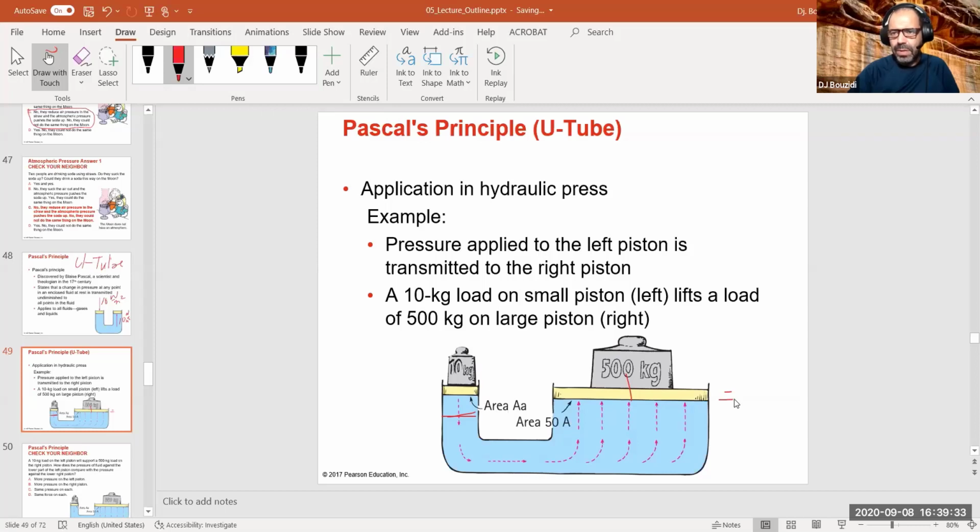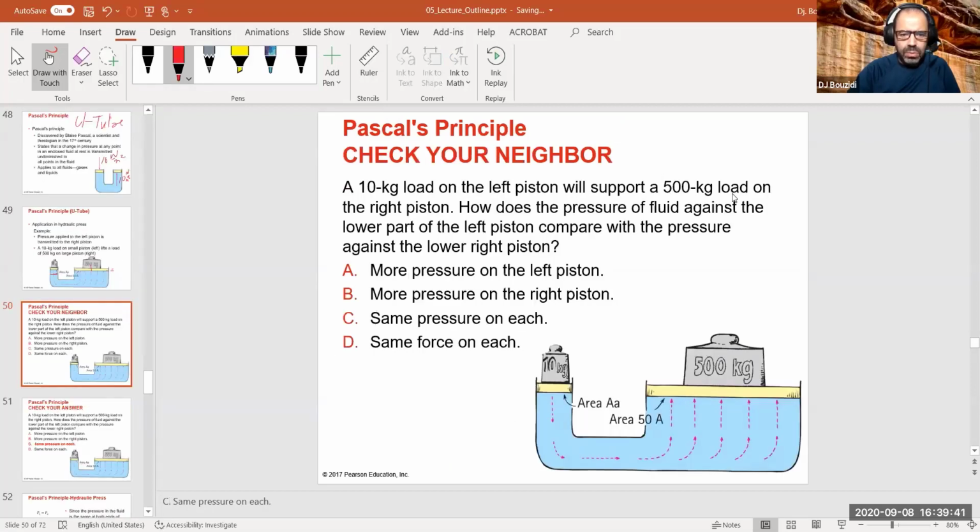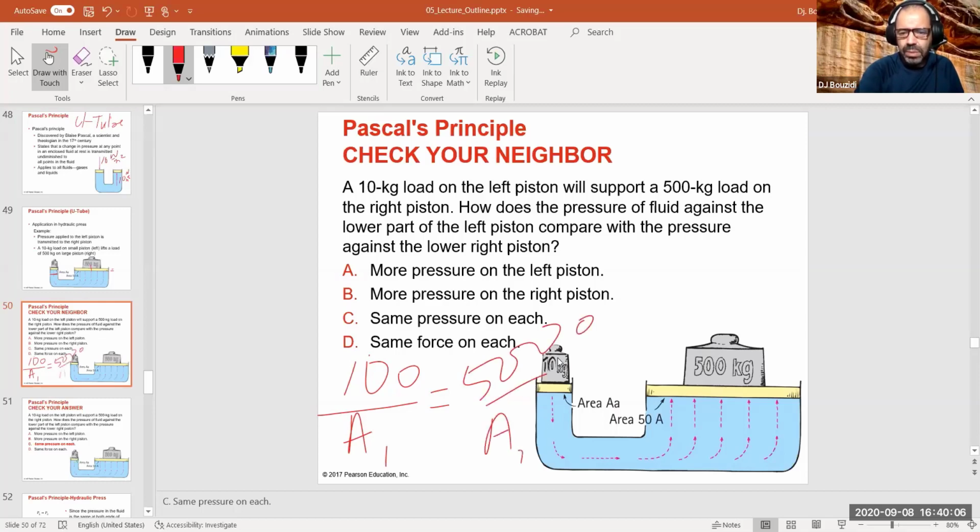Okay, remember the principle of simple machines: they cannot generate energy. The energy is the same on both sides. So for a 10 kilogram piston, the pressure on this one is 10 kilograms times 10 meters per second squared. That's 100 newtons. 100 newtons divided by whatever area 1 is, is equal to 500 times 10, that's 5,000 newtons, divided by another area. But this area is bigger, so the ratio stays the same. So you can lift the 500 kilograms, okay?